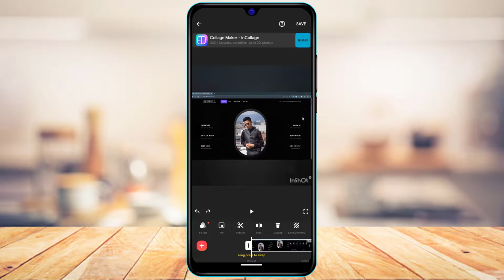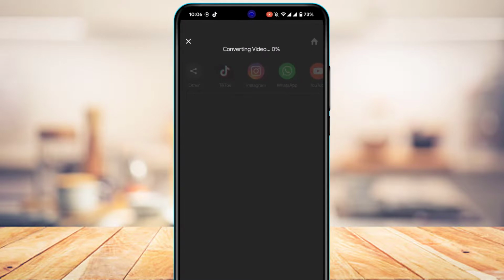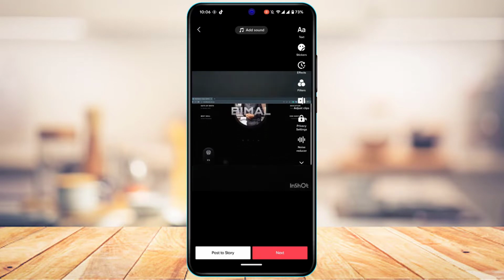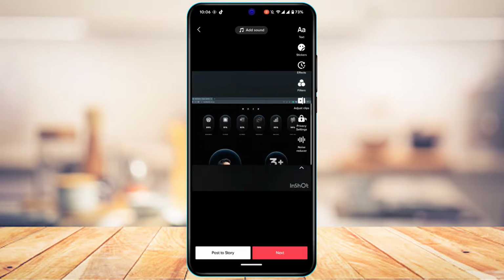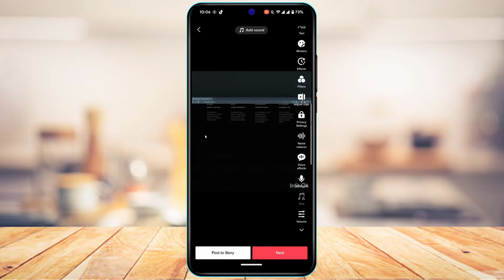After your video is ready and after you have trimmed it, on the top right tap on the save button. Again tap on save, and then export this video, and from here we are going to directly upload it to TikTok. So let this export process be complete in the first place. You can see our export has been processed. Now if you want, you can exit this and go to your TikTok app and select this video, but we do already have the TikTok app option right over here. So I'm going to simply select TikTok, and it is going to ask me to upload to my TikTok app. So you can see this video is already trimmed, and we don't have to trim it from the TikTok app itself. So this is the alternative solution if your trim option is currently grayed out,